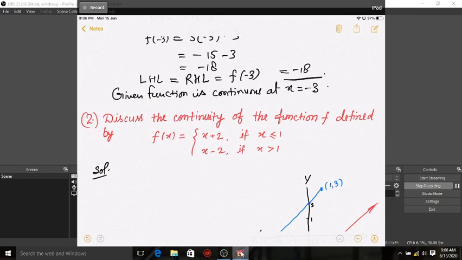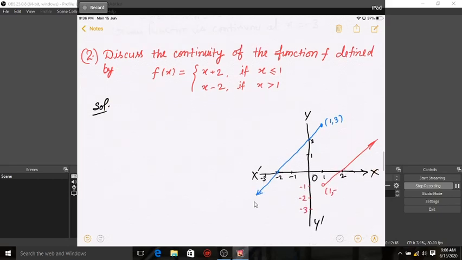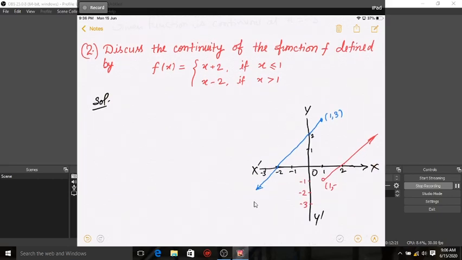Now I am taking another problem. We are going to discuss the continuity of the function f defined by f(x) is equal to x plus 2 if x is less than or equal to 1, and the value of this function is x minus 2 if x is greater than 1. Now first of all we will discuss the continuity by drawing the graph. So you can see here the graph of the function is